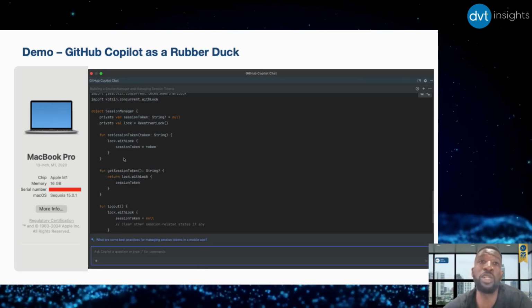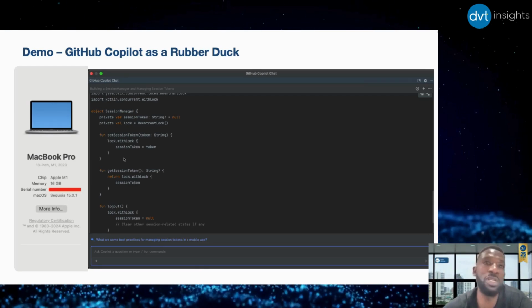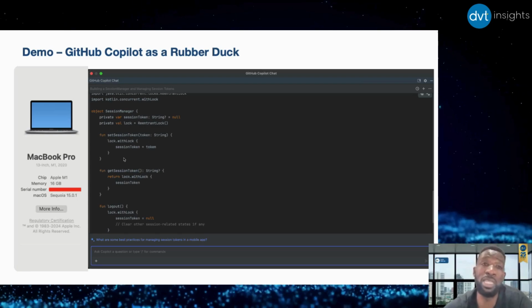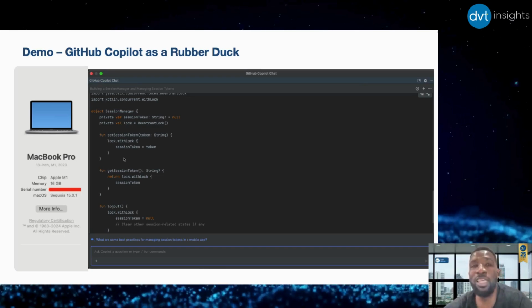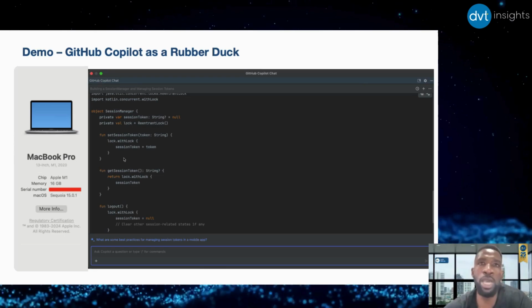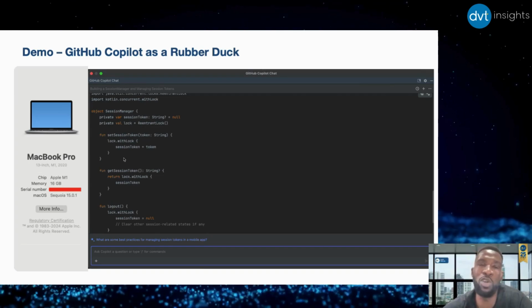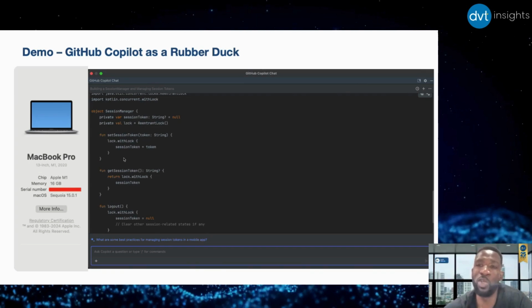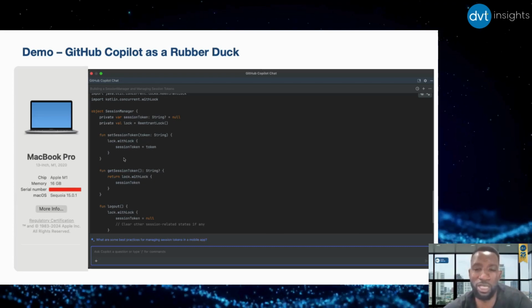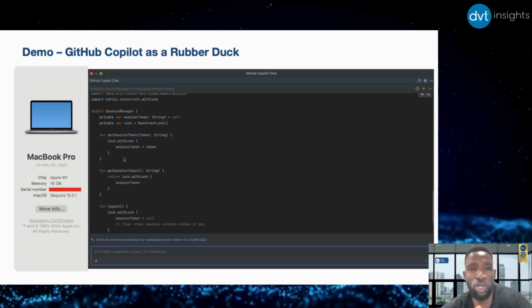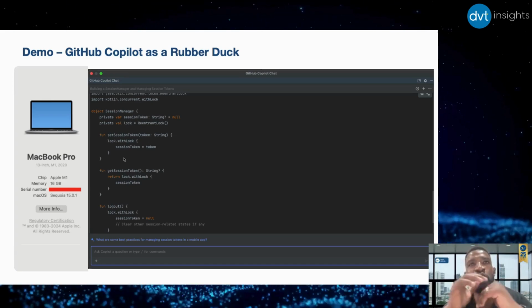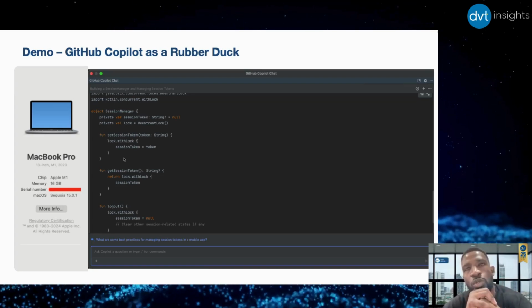So using a reentrant lock, it provided synchronized access, be it on the get and on the set of my token. Beautiful. And it does it even on logout. So it already catered for one of the shortcomings that I didn't have. So the other four are for me to cater for. So this is the extent of Copilot. Kobus, what do you think of this use of an assistant tool as a rubber duck?